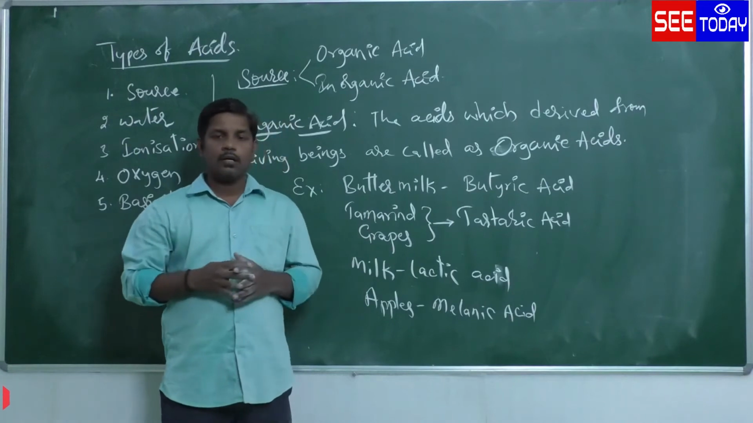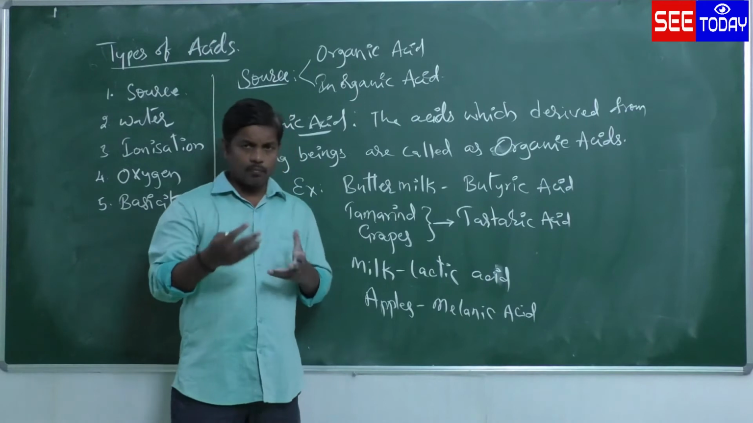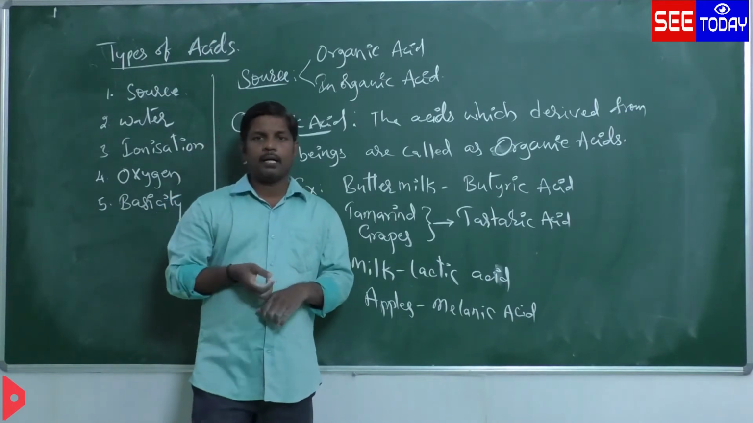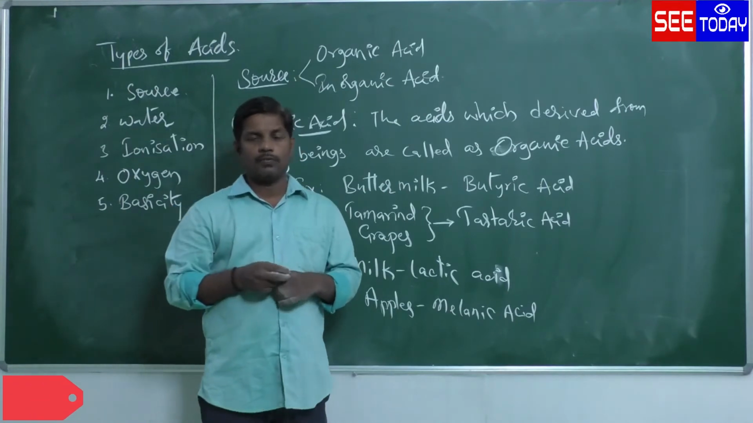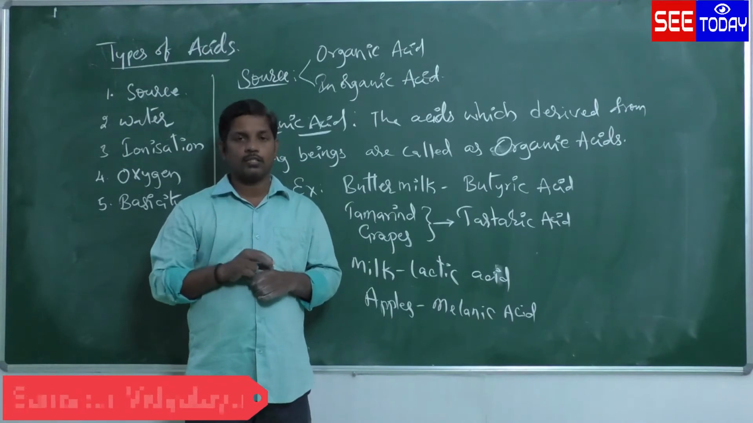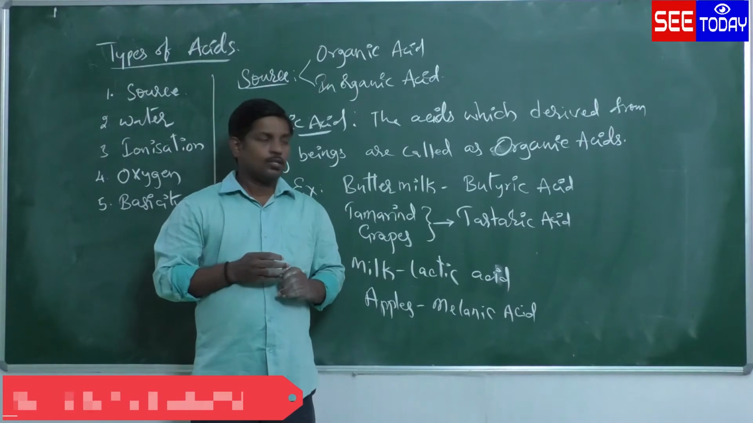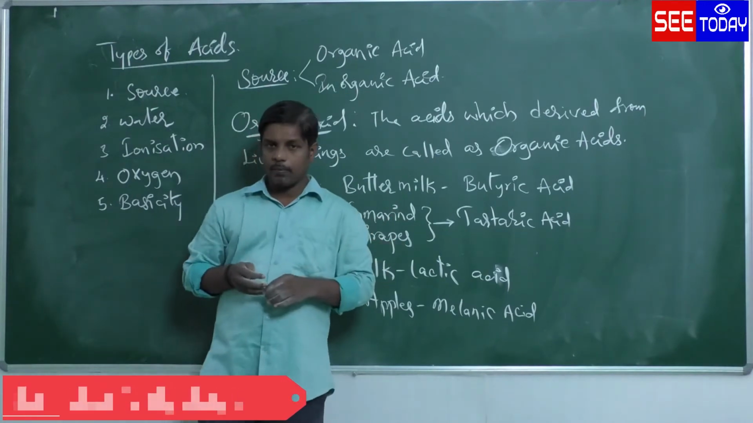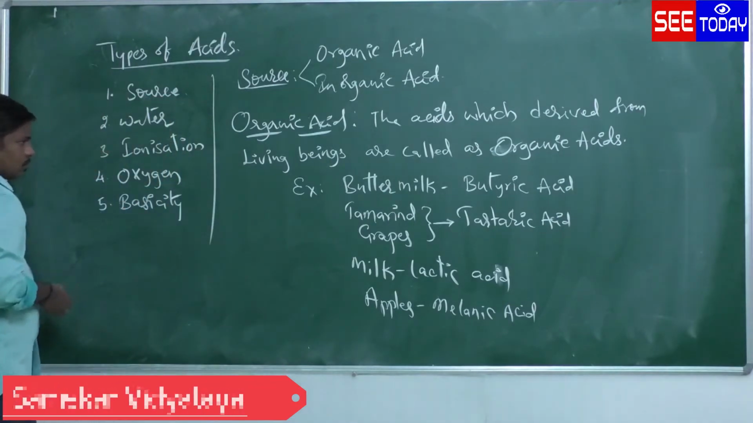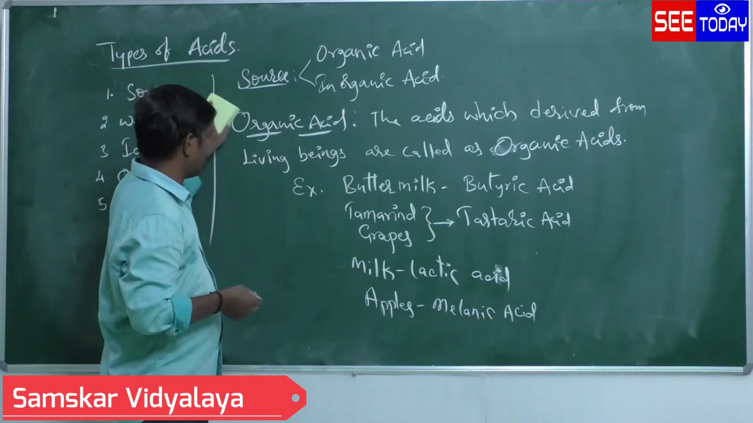So all these are organic acids because all these are derived from living things. Formic acid: when we get a bite from ants or honeybees, we get stinging inflammation, right? That inflammation is due to formic acid. So that formic acid we can get from insects. These are some examples of organic acids. If you have not noted down, just pause it and note down, then continue your class. Okay. So the next